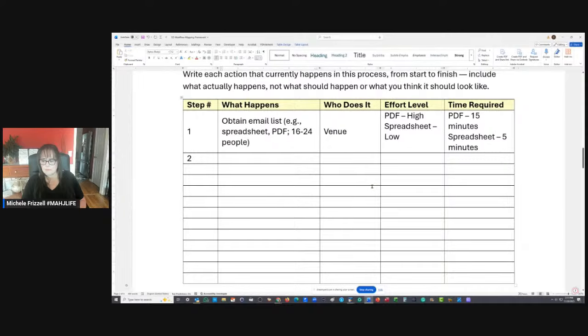Let me just do something real quick. So now, all right, let's just keep going. Once you get back from your lesson, how many emails do you send? Is it after every lesson, or is it after all the lessons have been completed, like at the end of the offer? So how often are you sending emails? How many lessons do you do, and how often are you sending the emails?